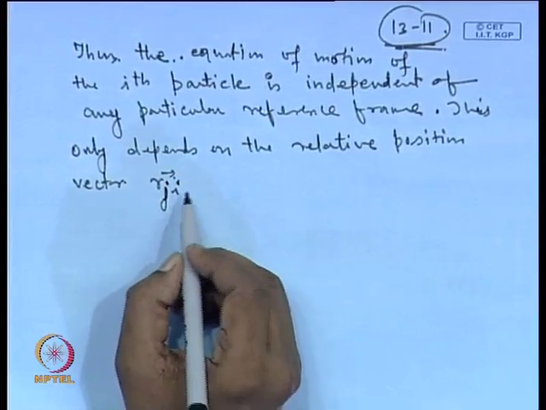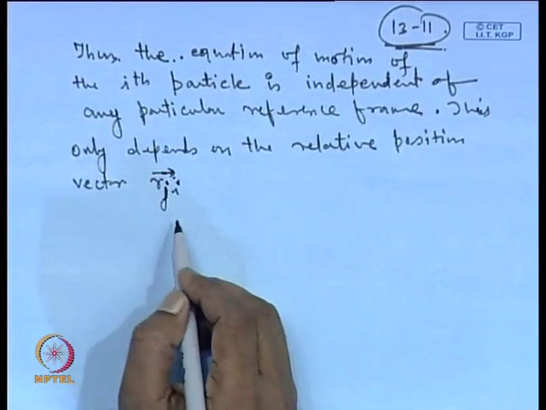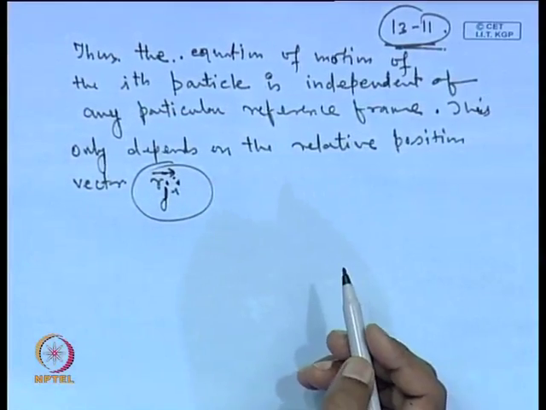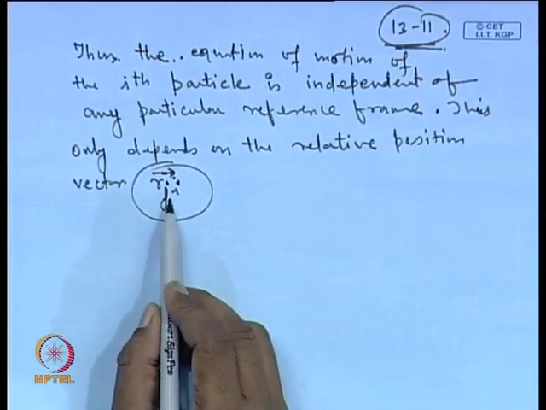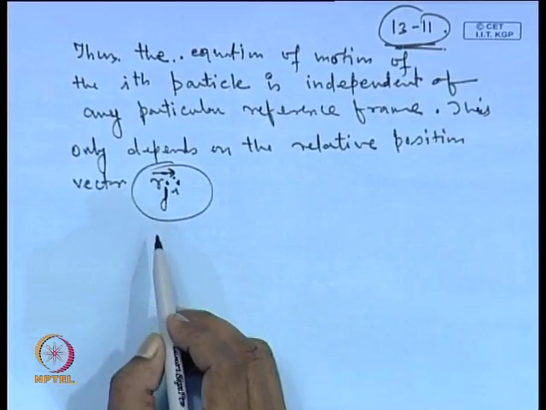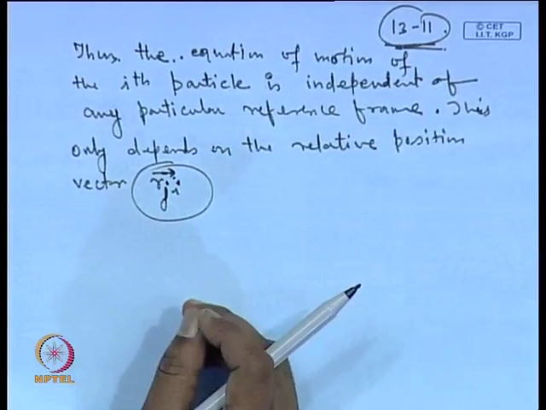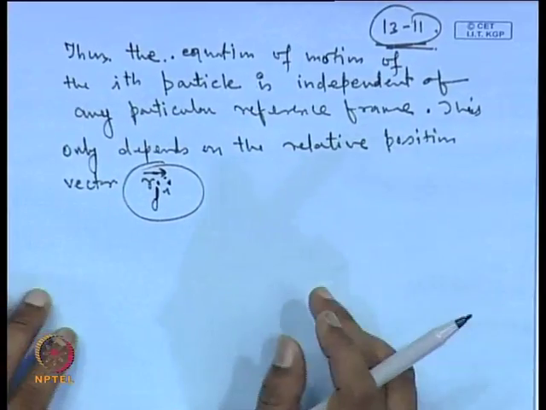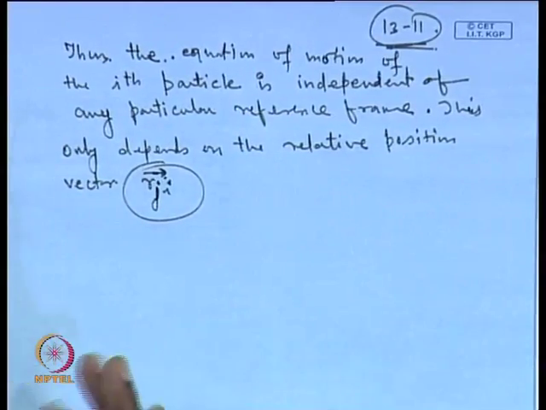Okay, so if we are considering the motion of the ith particle, and there are n number of other particles present, it will just depend on the distance of the ith particle from the jth particle. And as we have derived, if we are considering the motion of a particle about any particular mass, then that mass constitutes the primary body and the rest constitute the perturbation bodies, or what we call the acceleration due to other particles, they act basically as a perturbation.